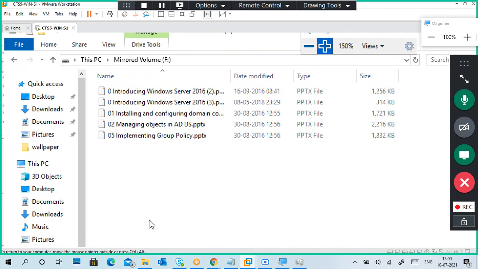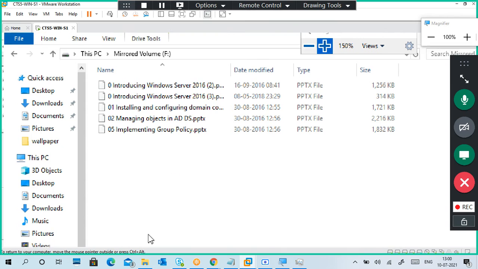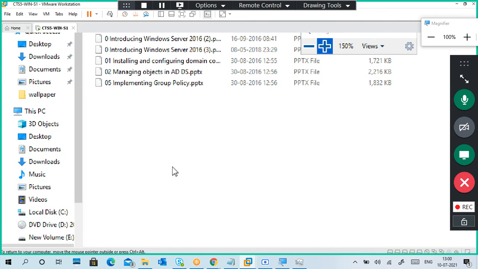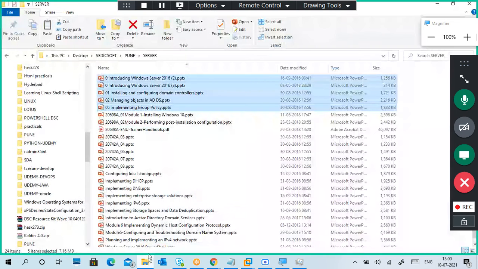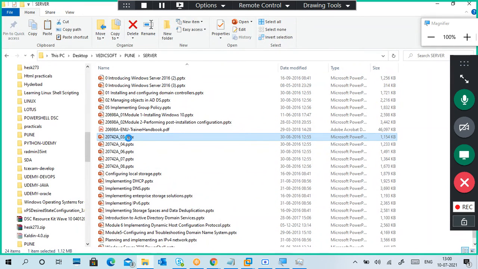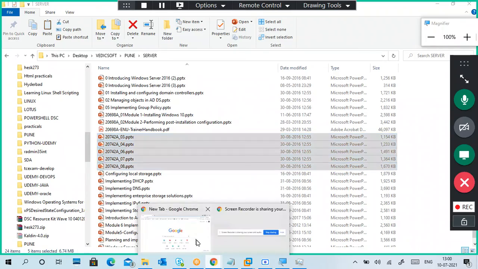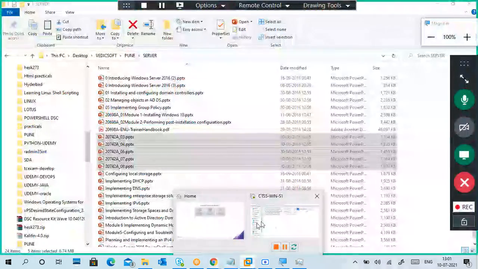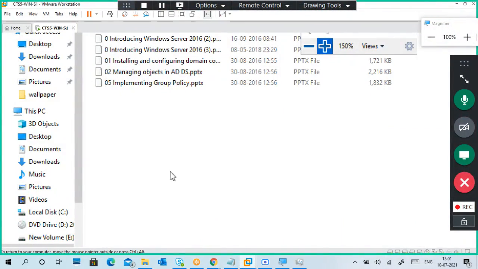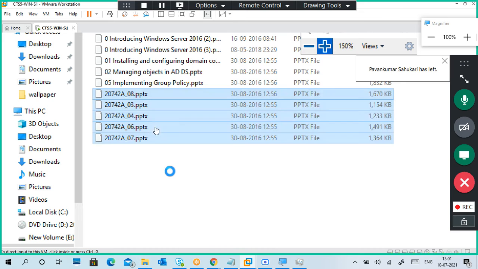What I'm going to do is add some more data to this existing accessible disk. Yes, I can add data to the disk also.